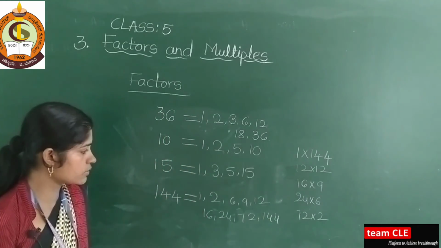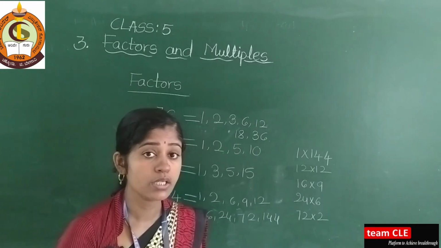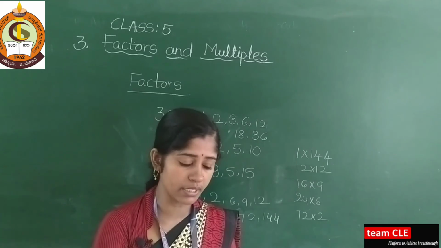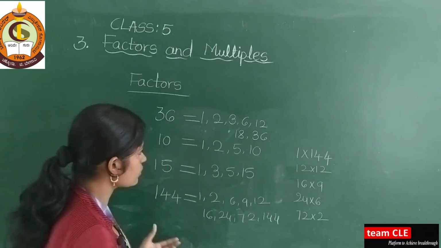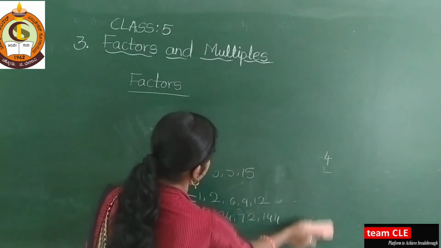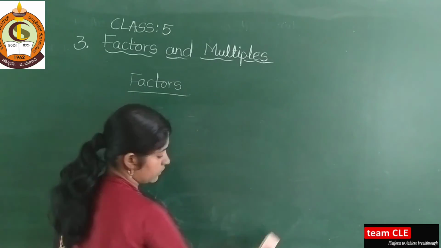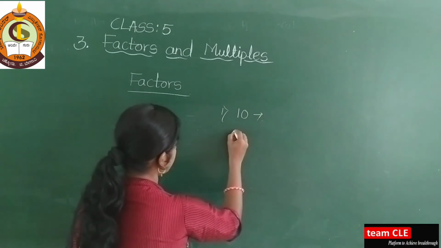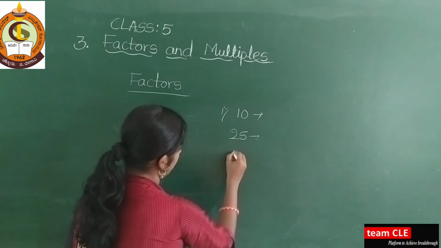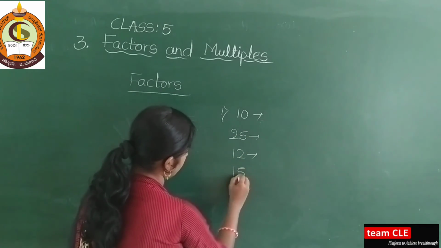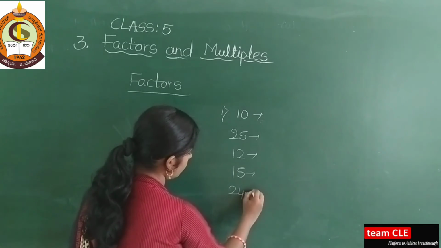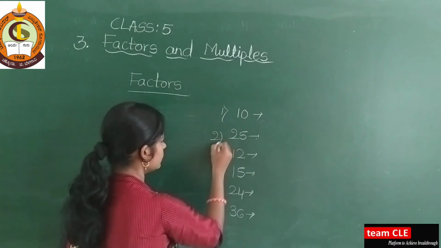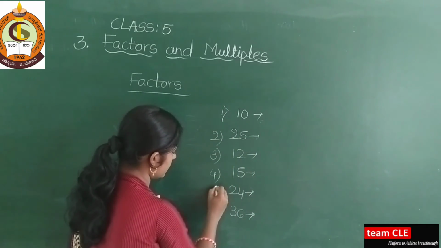See here dear students, while solving, you take very easy, small numbers which are familiar to you. Next you take the very big numbers. So I will give some homework: do it as homework and solve My Practice Time 1 first main question also. So here find the factors of 10, next 25, next 12, next 15, next here 24, next here 36. So very easy examples are there.